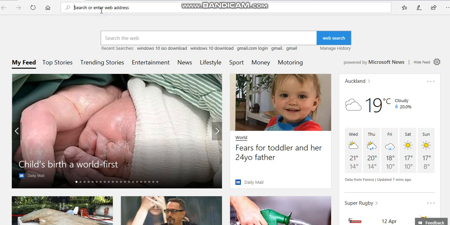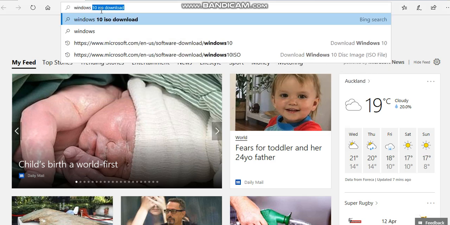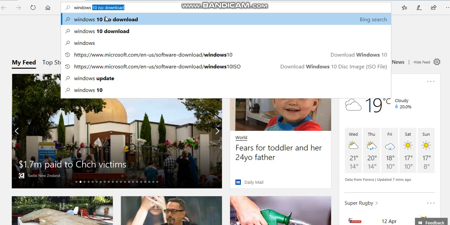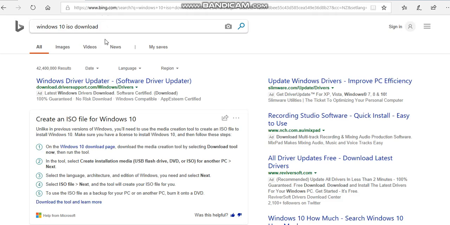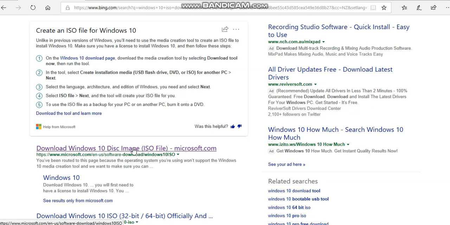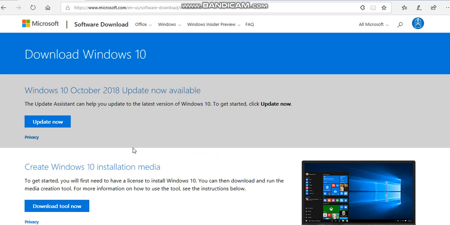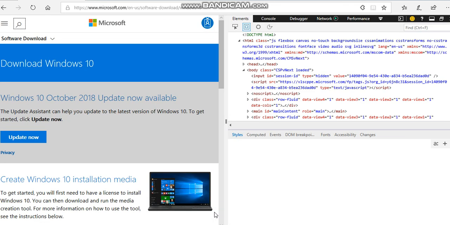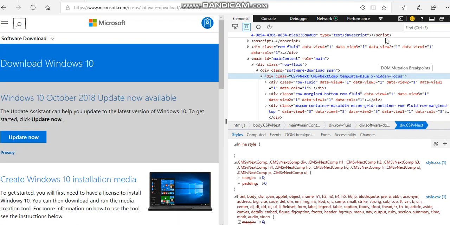Next, we search for the file again. And then what you do is you look for the same thing. And in this one, it shows the same thing as in Google Chrome. But what you do now is you right click, inspect element, drop down this box here, more tools,